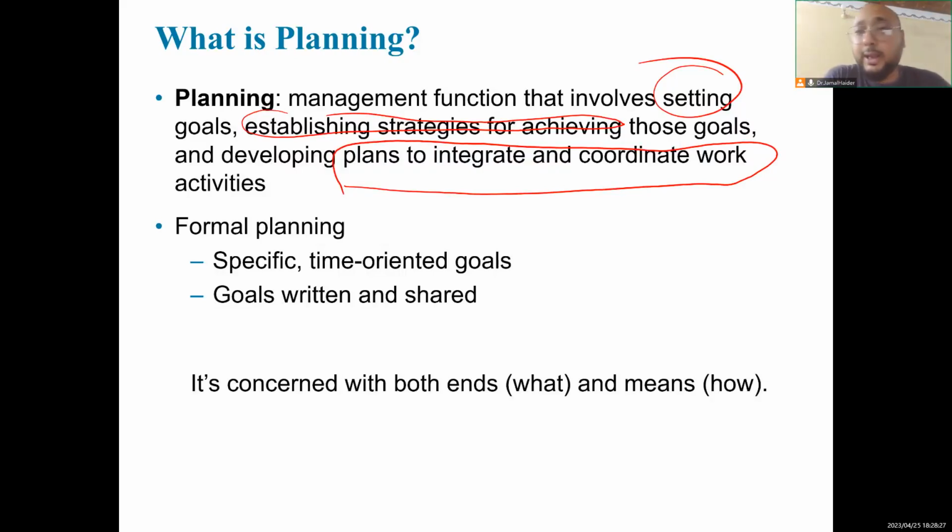So what is your planning? You wake up, your goal is to make a coffee, you drink coffee, and then change your clothes, take the bus, come to Donghua University, and take the class. So your planning was to attend the class, but you set up some goals, 1 through 3.